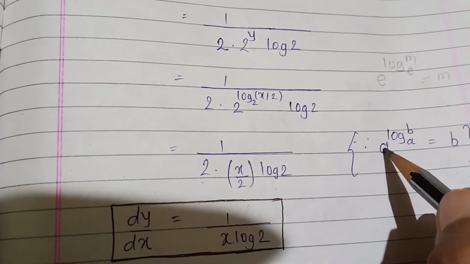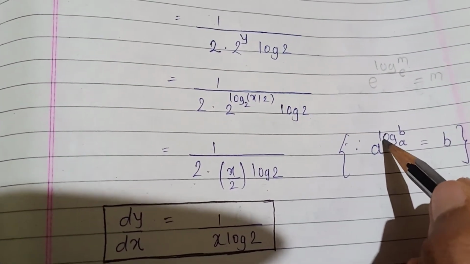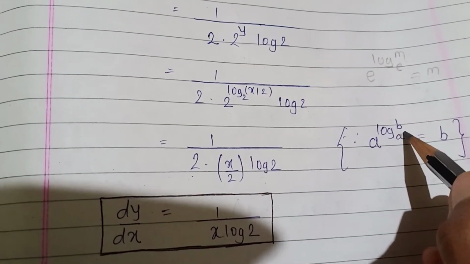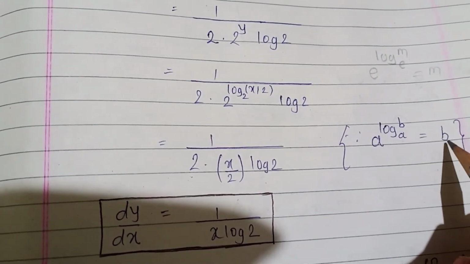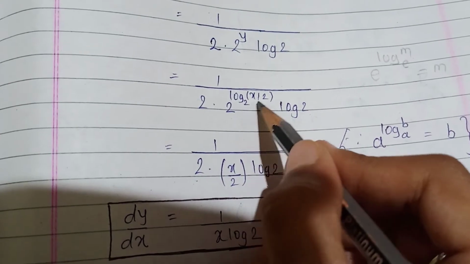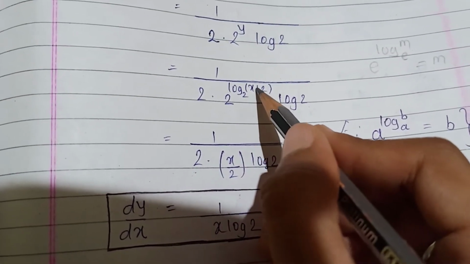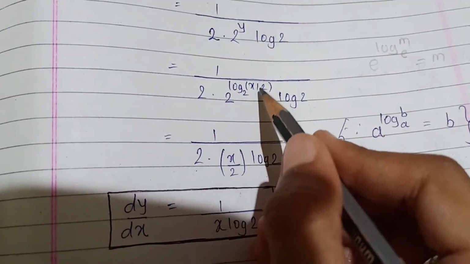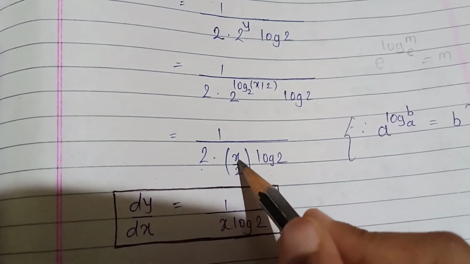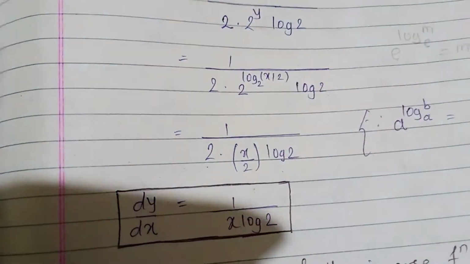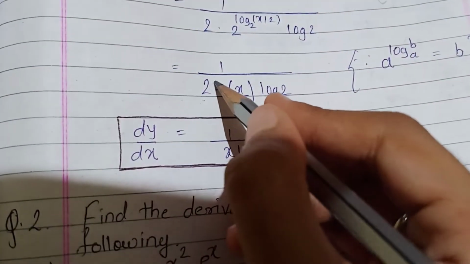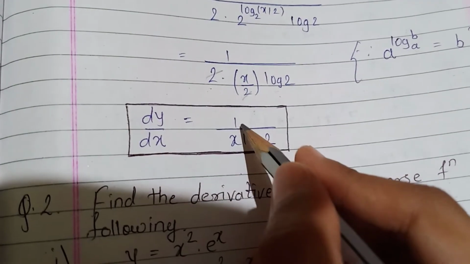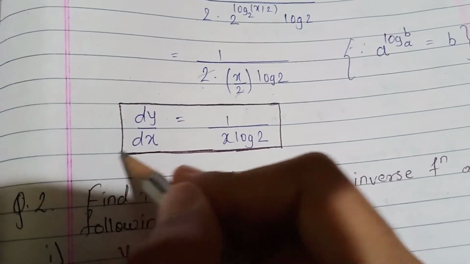Similar case applies to a. So when it is a raised to log of something to the base a only, then that answer is b. Suppose this is b, so that answer is b. So using that form, next step we'll consider only the x by 2 form. Okay, so 1 upon this 2 into, instead of this, only x by 2 will be there, and log 2. Now 2 will get cancelled and only x will remain. So the final answer is 1 upon x log 2, which is dy by dx. Okay,